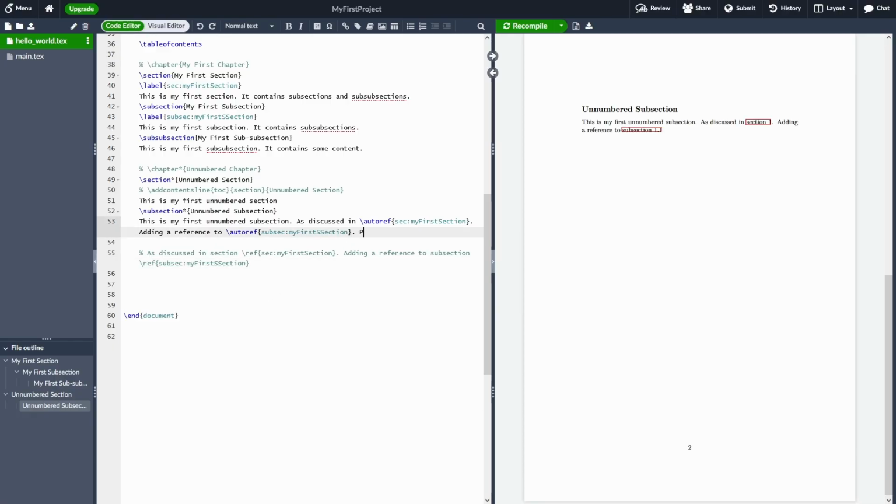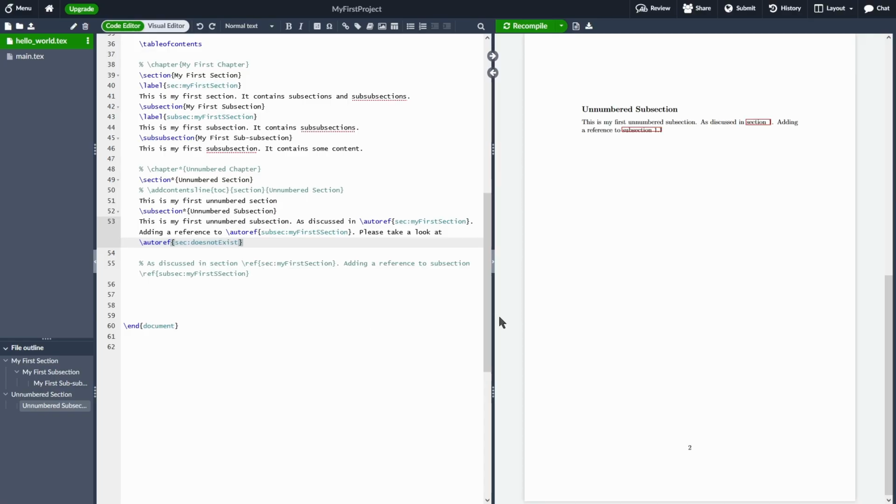The first thing is, what if we refer to a label that does not exist? Let me just say, please take a look at, and provide a reference, section, does not exist. So this label does not exist. So what happens in such cases? If I recompile,